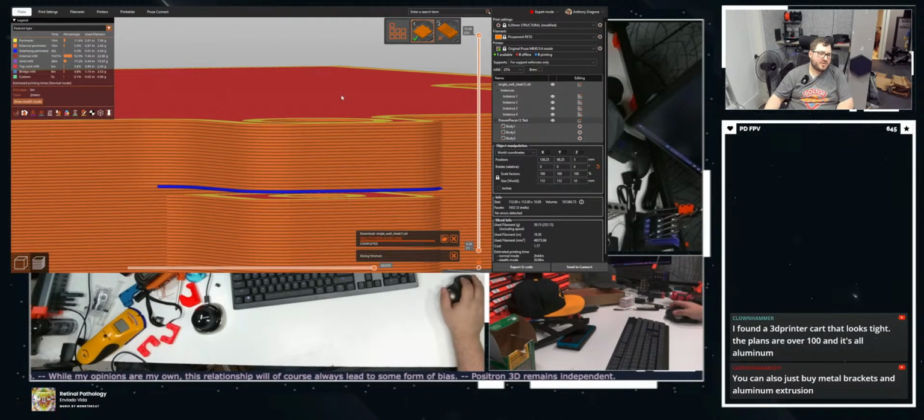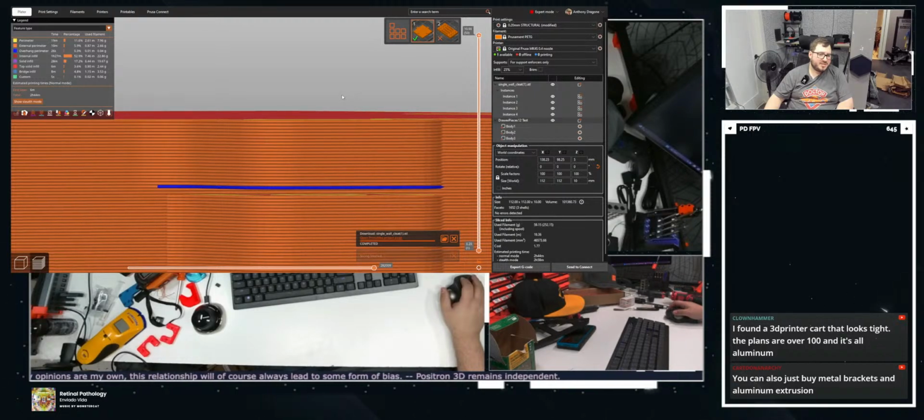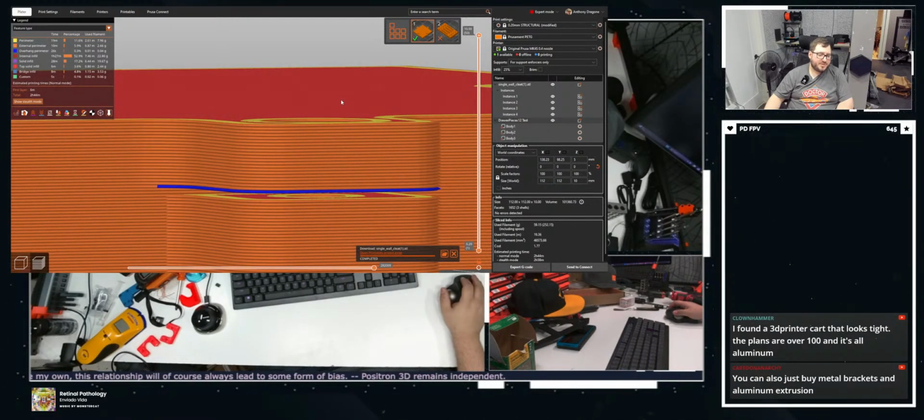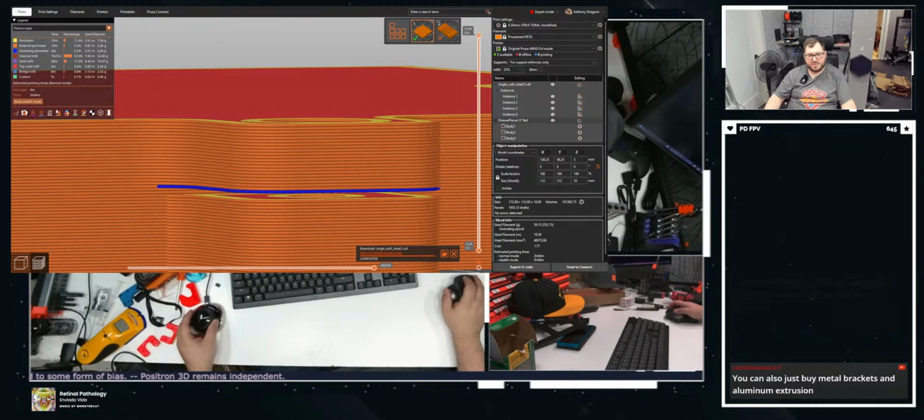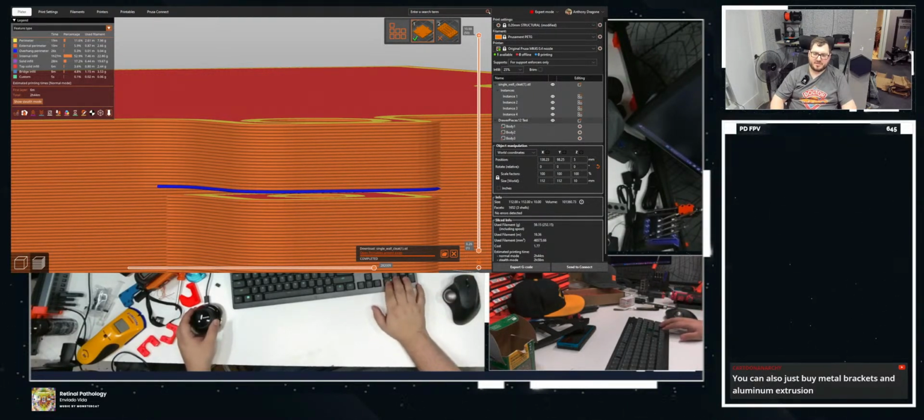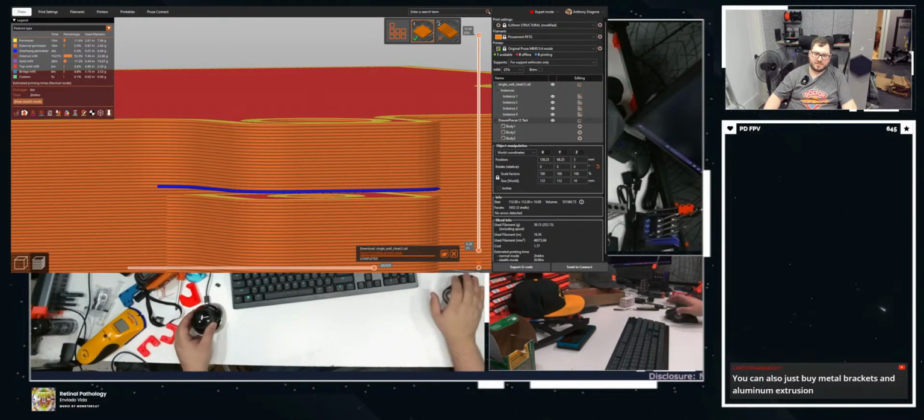Oh, no, really? For real? Okay, I see the problem. The problem is with their CAD. They did not fully design this model with 3D printing layer lines in mind, it looks like. So I am going to do this.